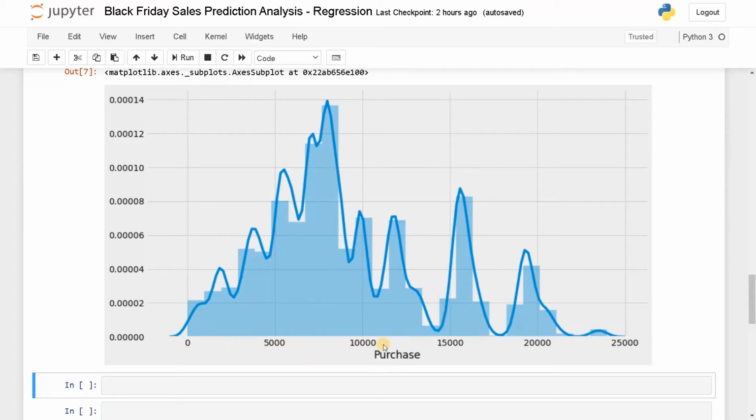You can see the purchase amount is bigger. If you want to decrease the error further, you can convert this purchase amount using log transformation or min-max normalization, anything you want. The objective is to convert this overall purchase amount into some smaller values. You can do this as an exercise. I will do it as it is. Okay, that's it for amount distribution. Let's go to the next one.